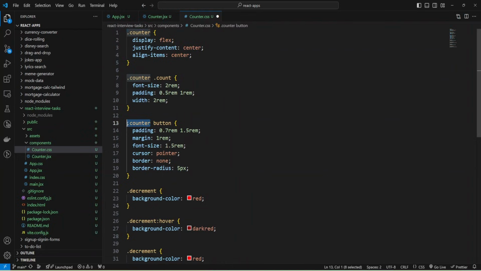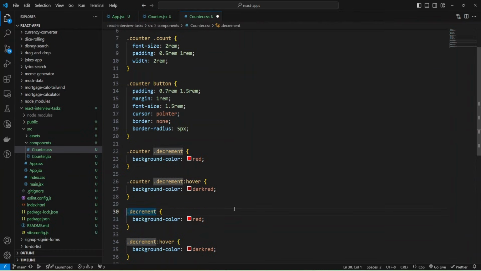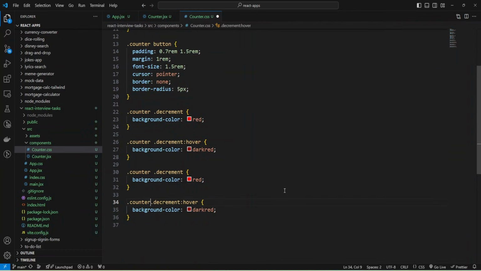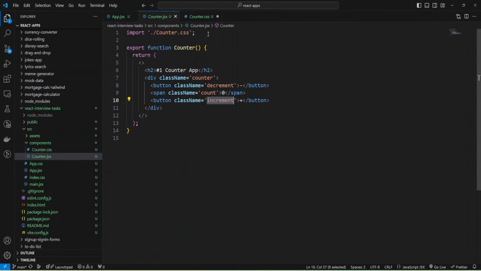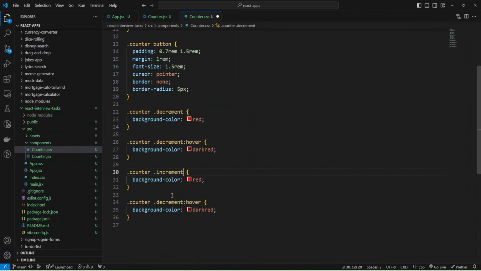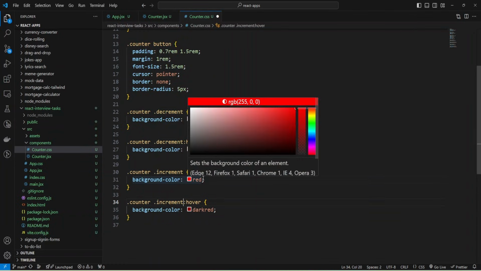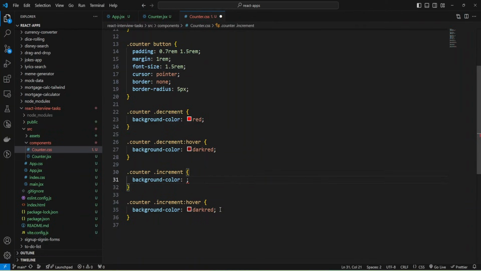And probably we need to add our container because I'm going to build several apps here, and we'll use plain CSS, and also we need to change class name and provide styles for increment, and we'll add green, and on hovering